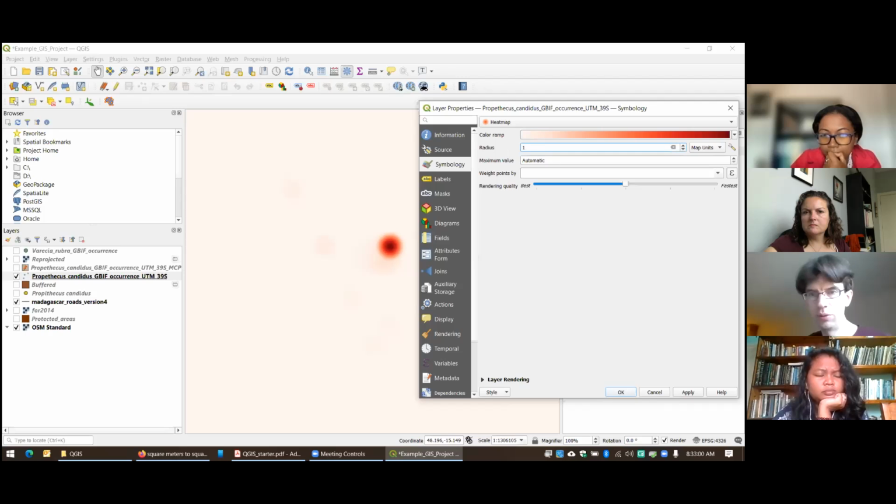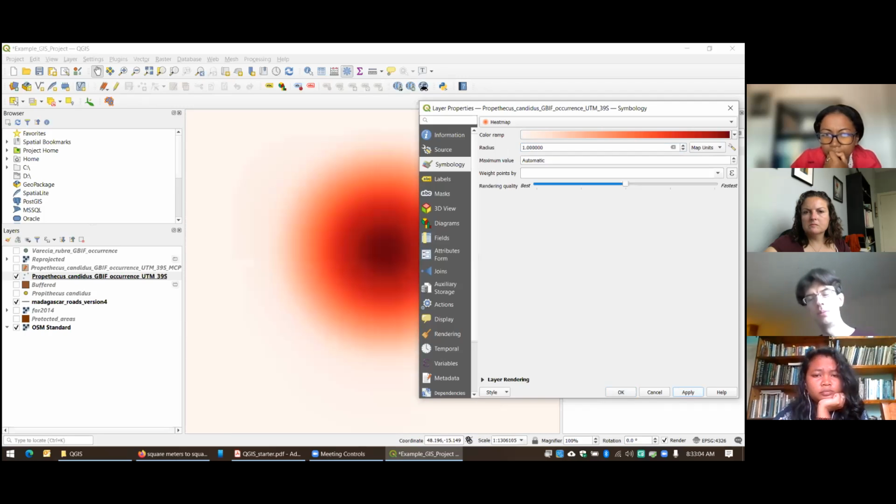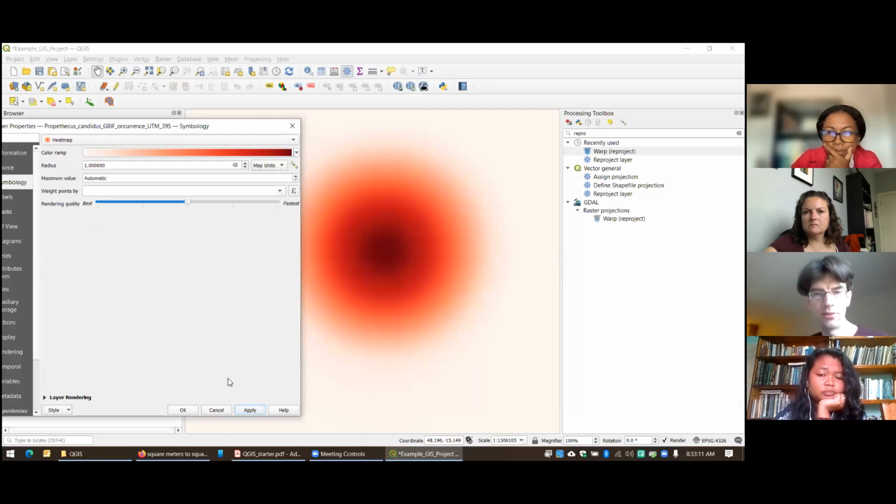If we go up to a radius of 1 degree, that blob gets bigger. So this is something you would have to play around with. But this is just a way to get a density estimator based on those points using just the symbology tab.